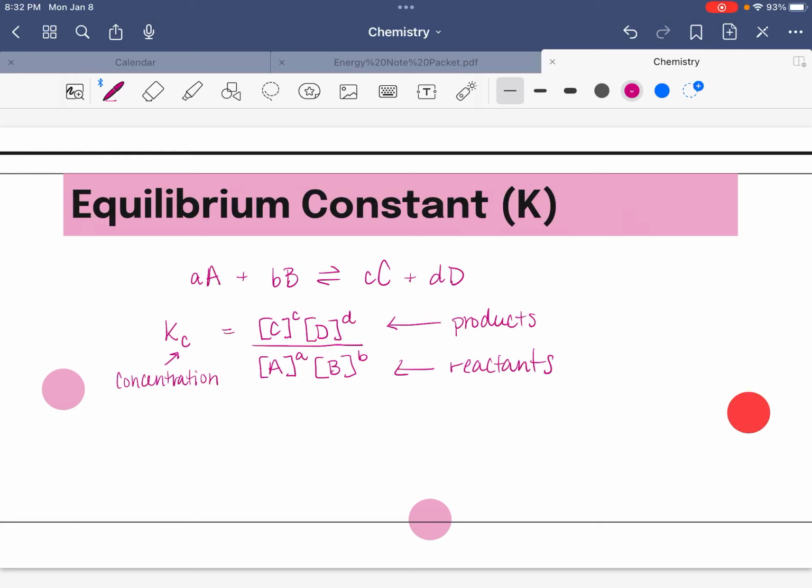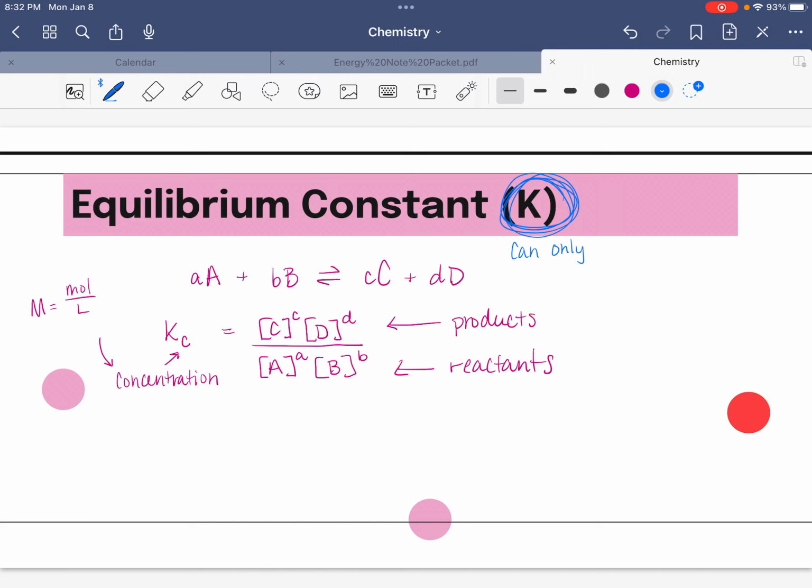One thing to remember is that concentration is just molarity, and we solve for molarity by taking moles divided by liters. So sometimes you might have to determine the concentration of the species before you plug it into the equilibrium constant equation. Okay, one thing to note too, with the equilibrium constant K,